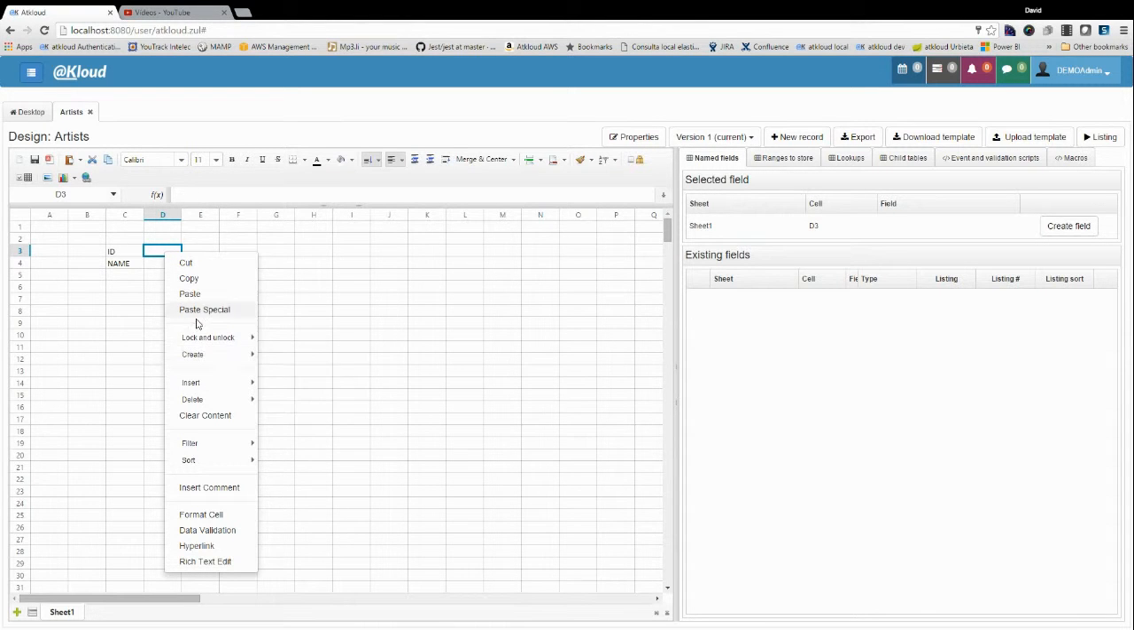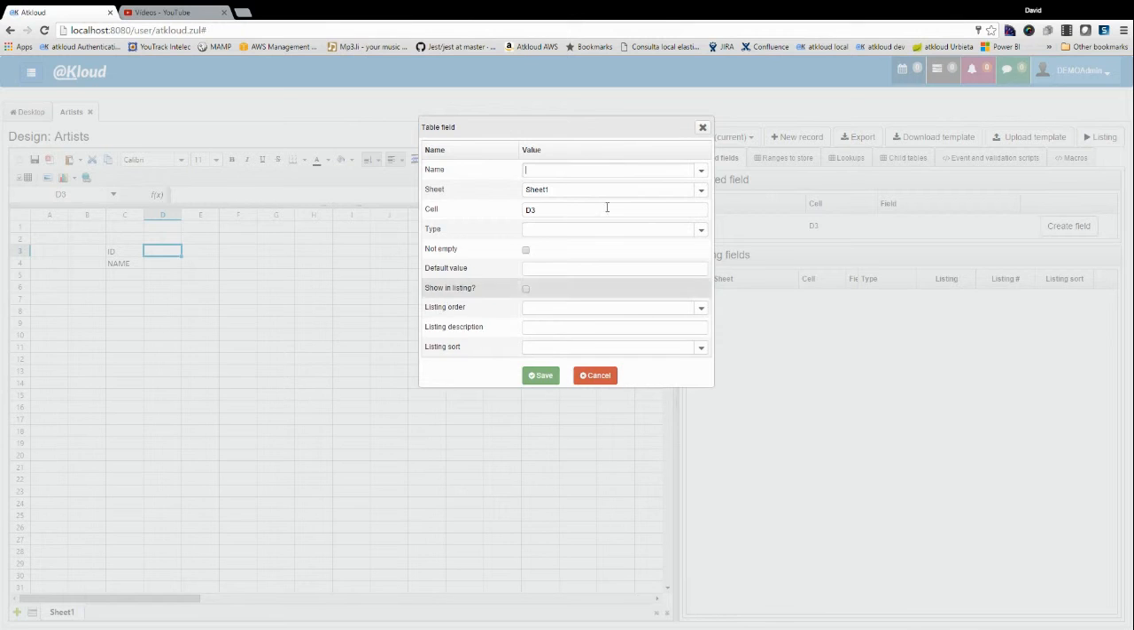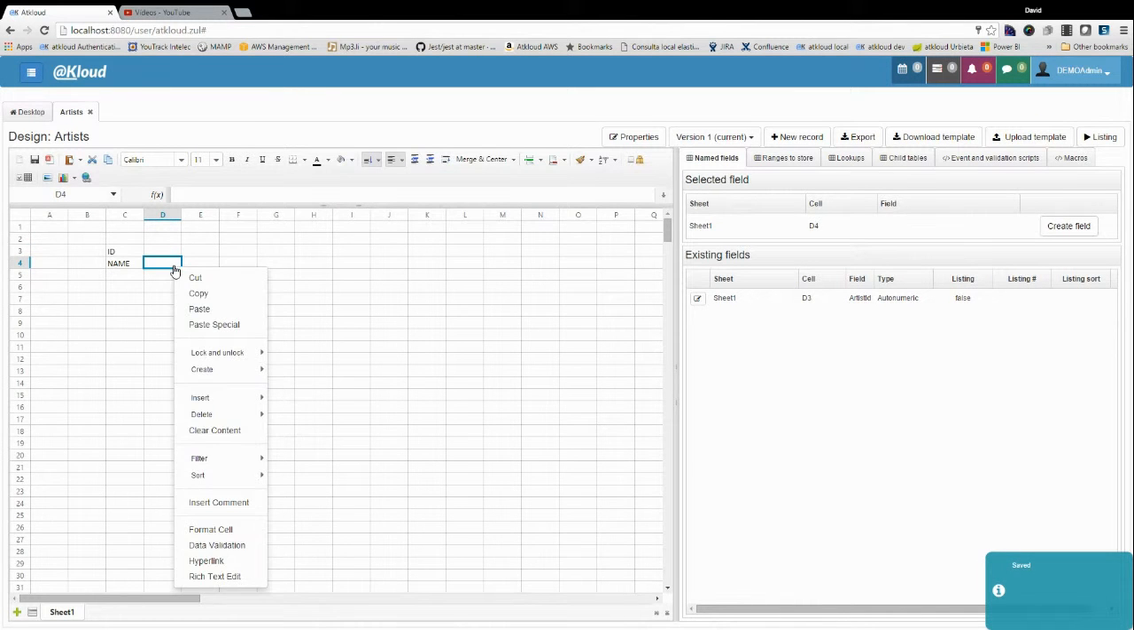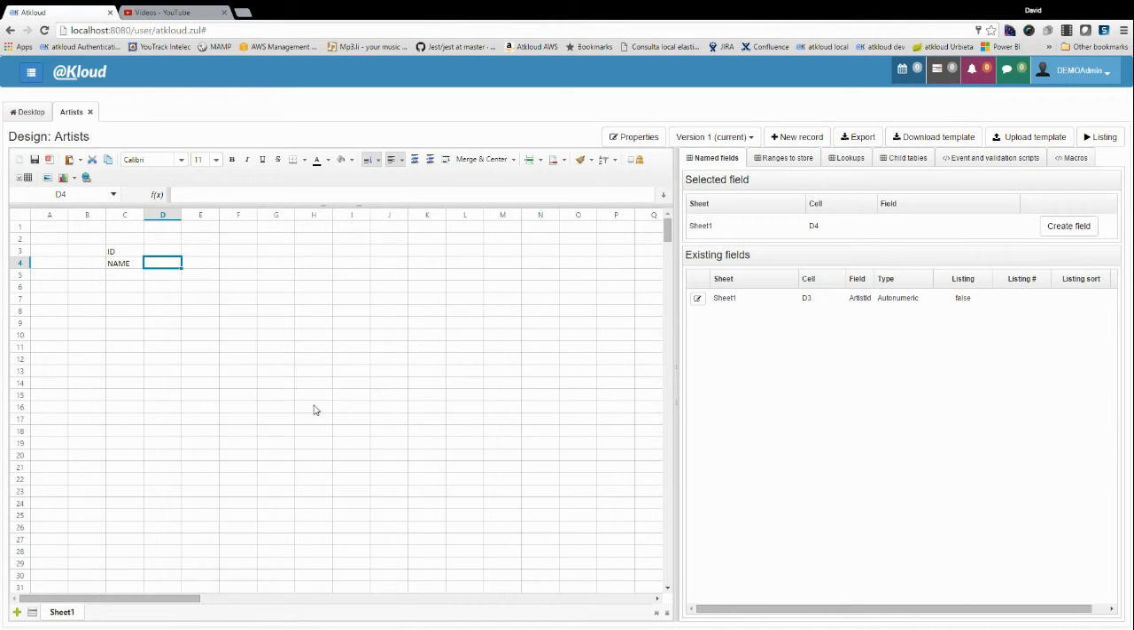Now we can specify that this cell will contain the ID from the table. Right click, create field, and the artist ID will go here. It's an automatic field. Save, and the name will go in this cell. Create field,